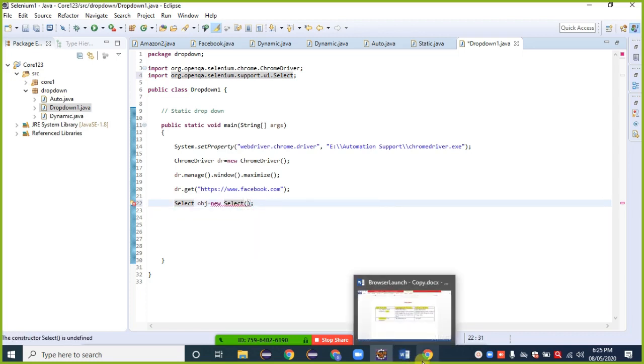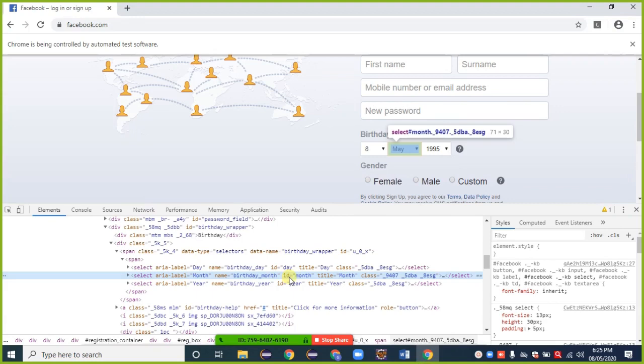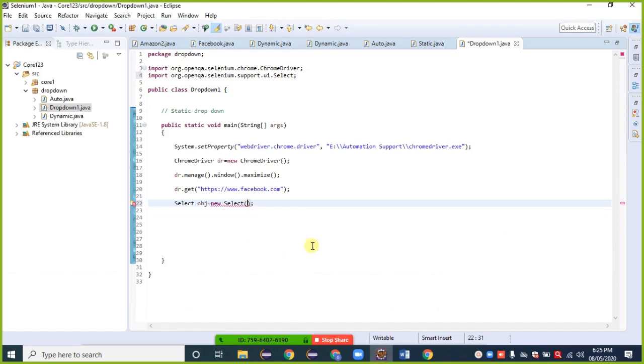Okay, so here id is given, id is equal to month, so I am going with id. Inside that provide dr dot findElement. Why dr? Dr is a reference variable I used here. I can give any name here.